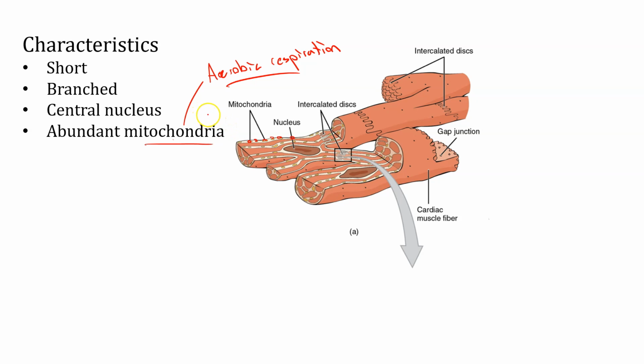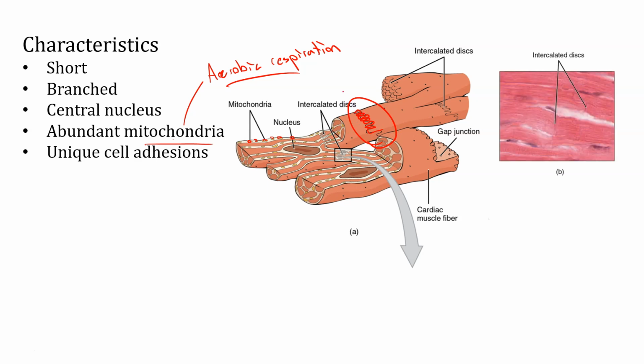Just a difference in how muscles can utilize energy, either a lot quickly or a little bit over a long period of time. Because of this, the heart mostly feeds on triglycerides. At least that's the preferred energy substrate molecule in adults. They also have unique cell adhesions. If we look at the cell-to-cell junctions here, you can see this interwoven network of the two cells. And if you look under a histological slide, you'll see that there are these dark bands